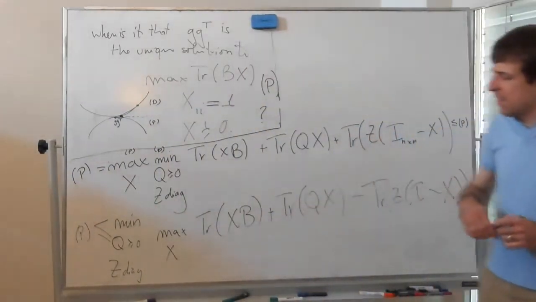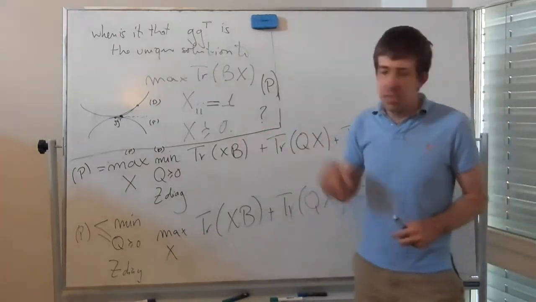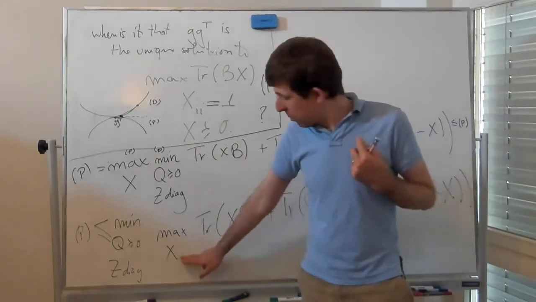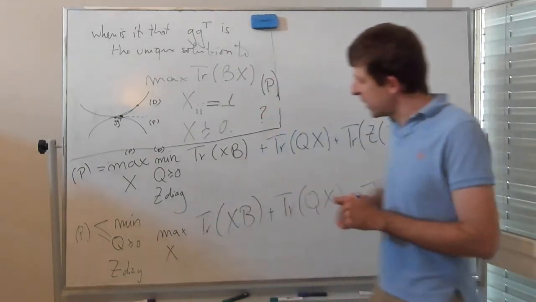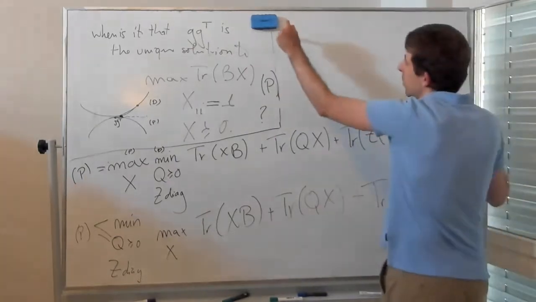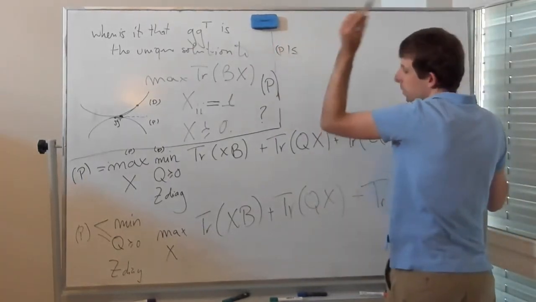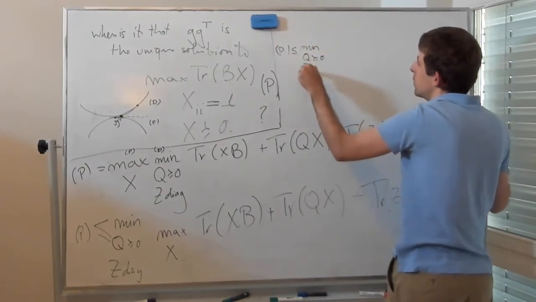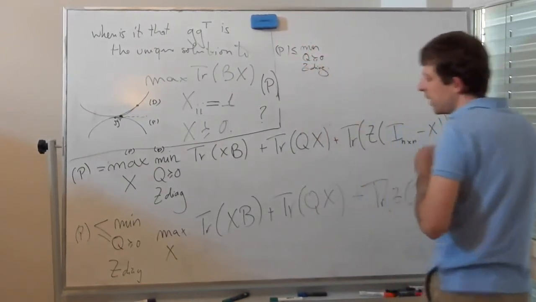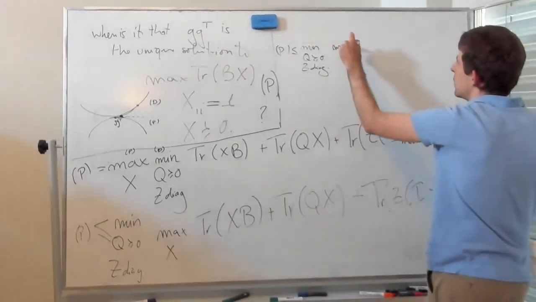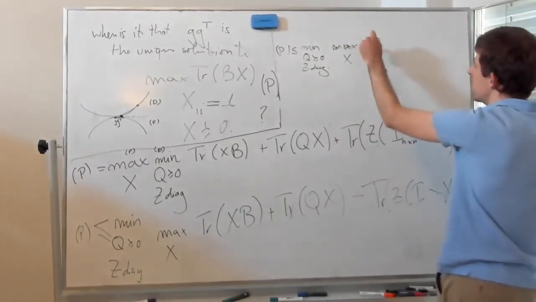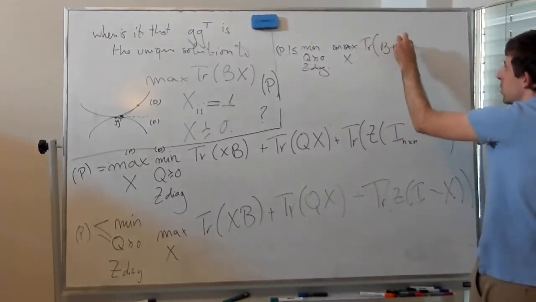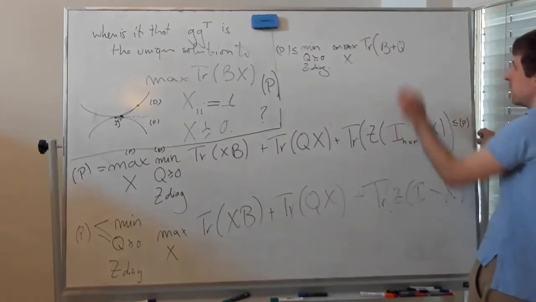Now let's try to rewrite this, exactly like the trick we did here. Let's try to understand better what is the best play that the primal player can do given Q and Z, so let's group the terms on X. So we have that P is smaller or equal than the minimum over Q bigger than 0, Z diagonal, and then the max over X of trace. And now what are the terms with X? We have B plus Q minus Z,